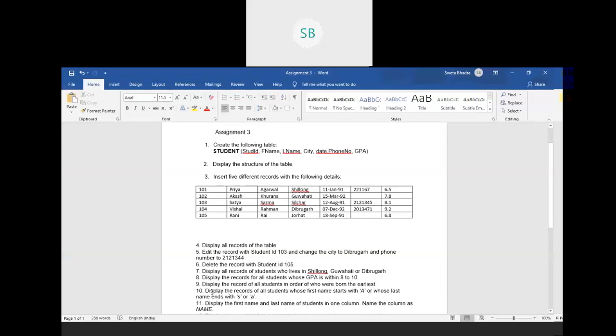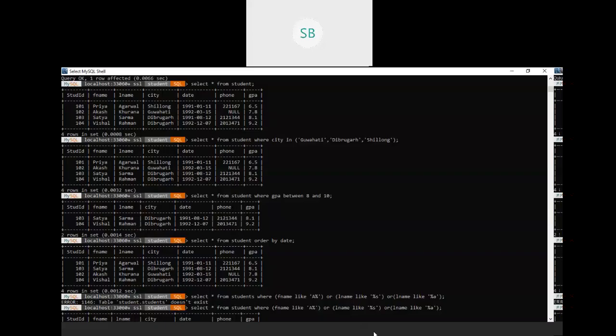Next is display the records of all students whose first name starts with A or whose last name ends with S or A. So you can see it's a combination of three things. Either the first name will be A, or the last name will be S or A. So in this case, we need to use the like operator we have studied in the single query command. So here we will run it in such manner.